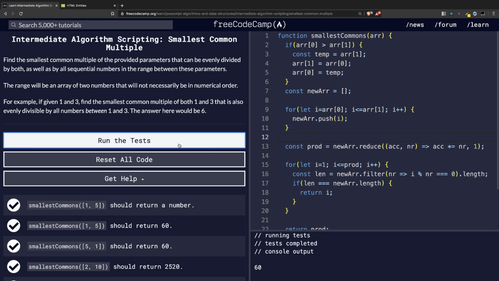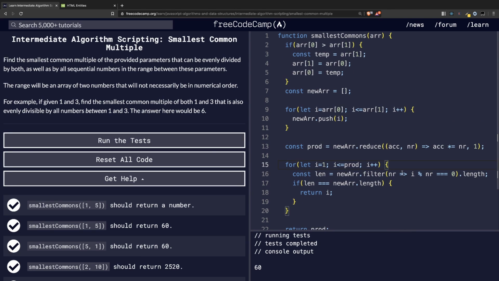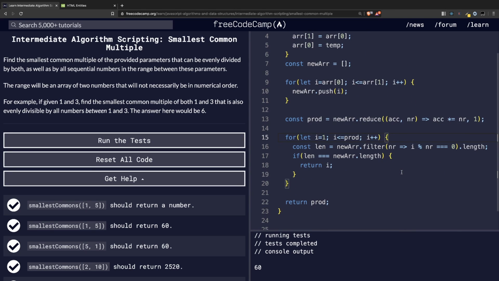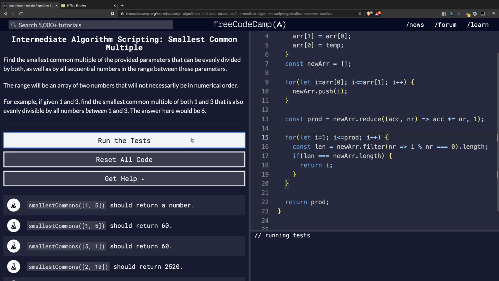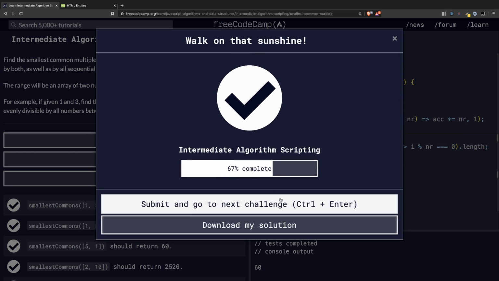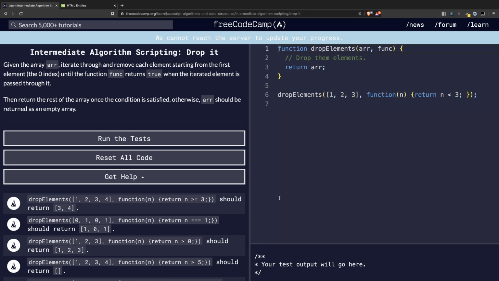Yeah, it's very slow because this is not how you should do it. You should use the SMM formula and then find the smallest common multiple of all the numbers. But yeah, that's